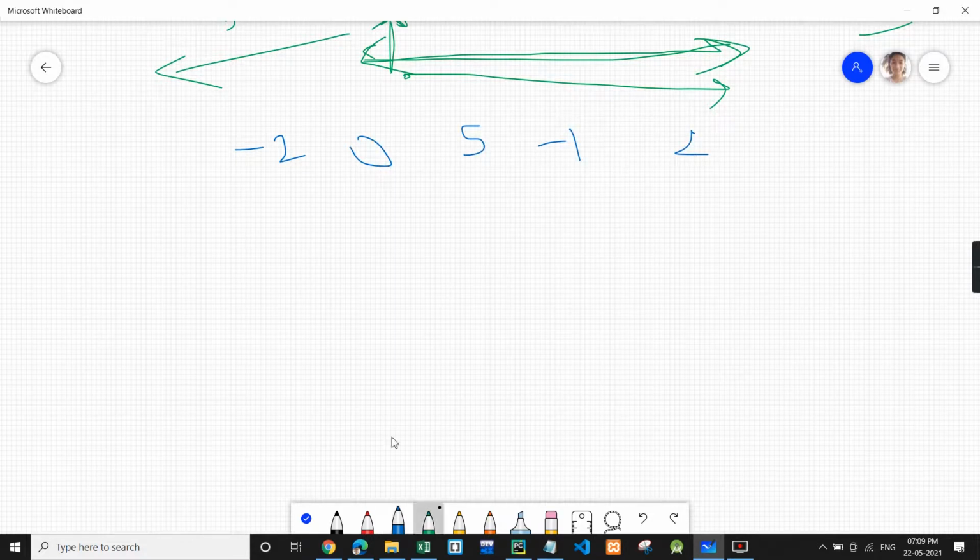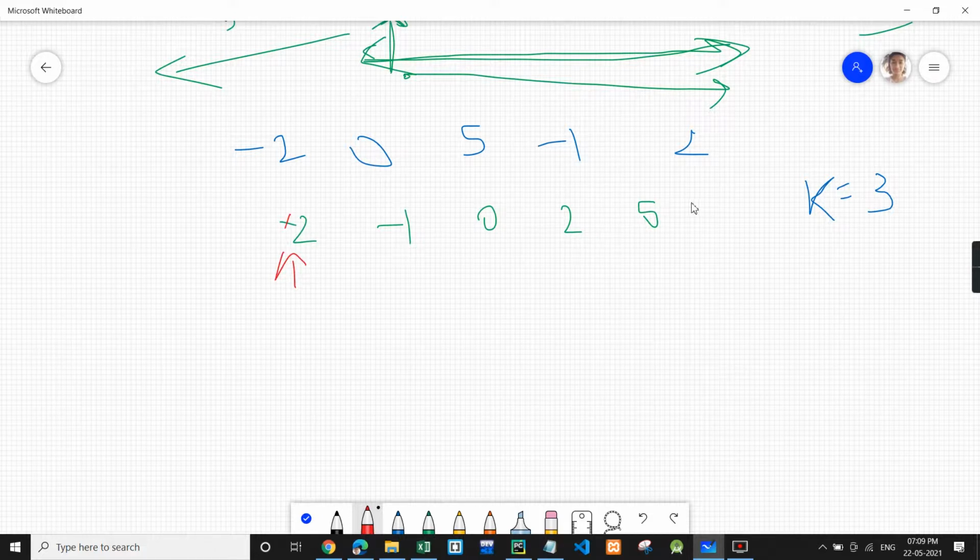Let's sort the array. So the sorted array will be -2, -1, 0, 2 and 5. Now over here k is, let's say, 3, right? Okay. Now we will start from here.